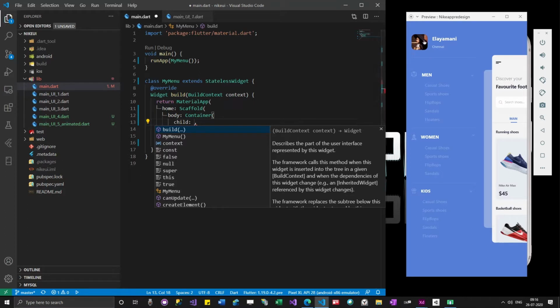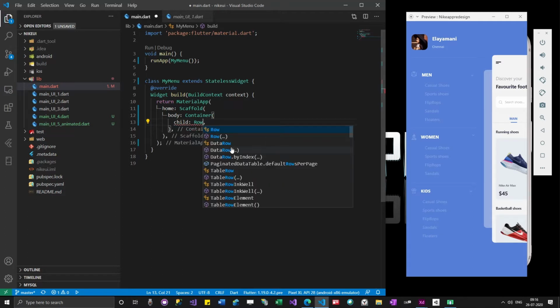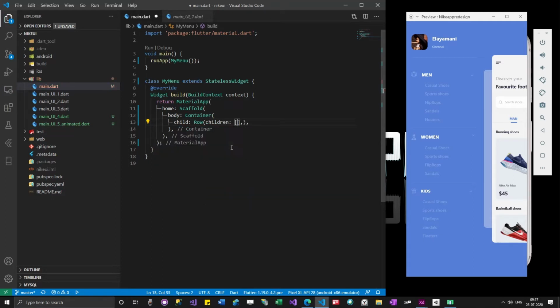Everything, if you observe, this is one row and this is the other row, but if you make this whole thing into a column and this whole thing into another column, that is also fine. So let me take a Row with two Columns.